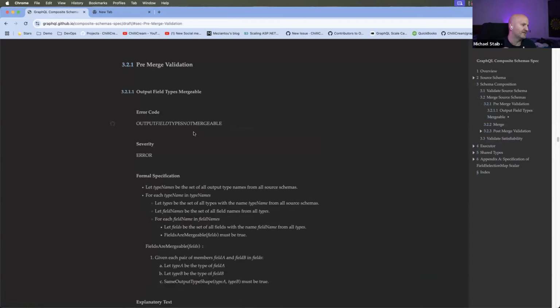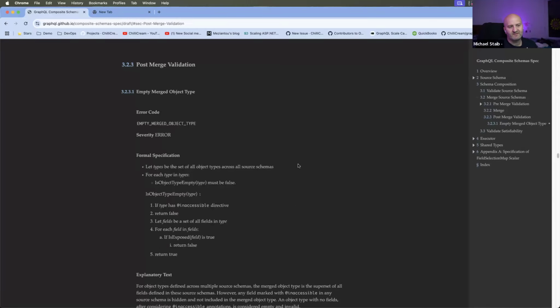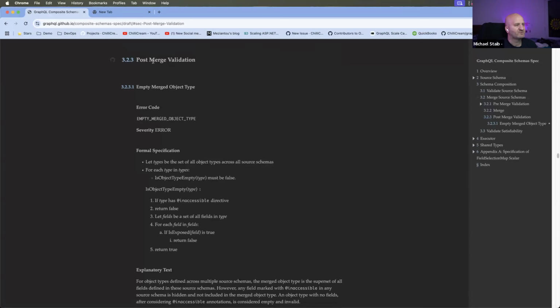This is basically making sure that we can merge, but the merge output could still be something that you cannot work with. And the post-merge validation basically makes sure that what came out of the merge is structurally valid, I would say. It's not yet guaranteed satisfiable, and that is then the last step. Yeah. But it needs some explanatory text here.